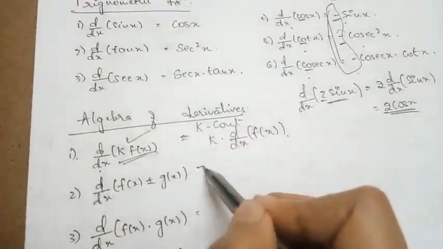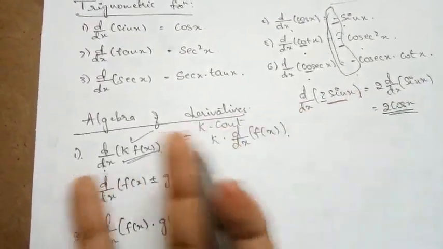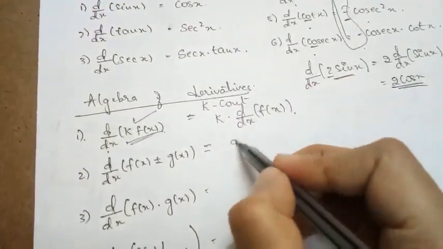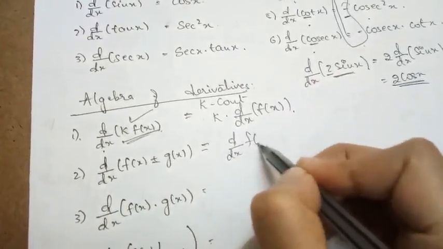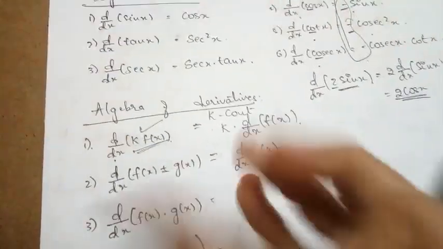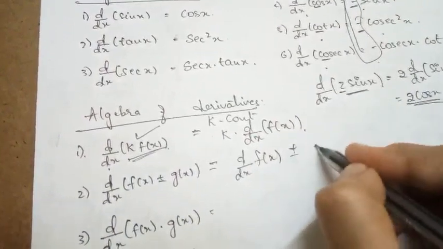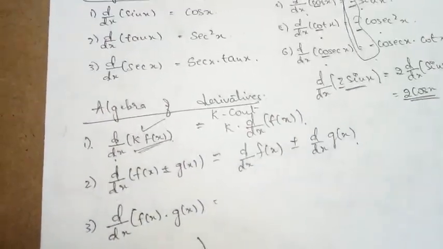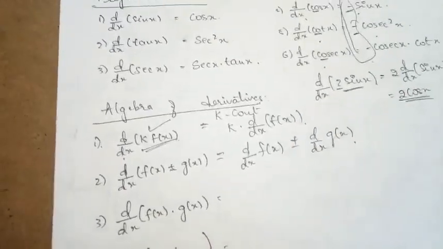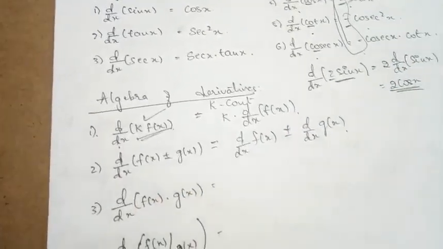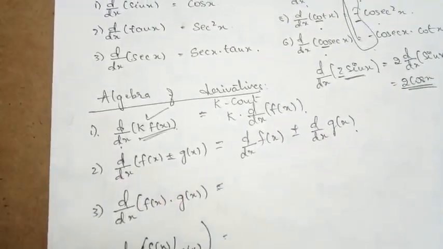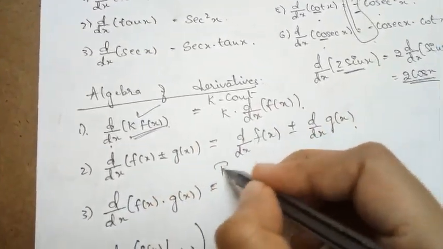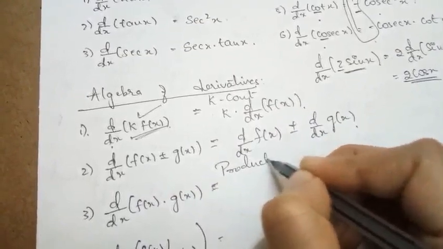Then later we came across derivatives of the sum or difference of any two functions. That is nothing but d by dx of f of x plus or minus g of x, differentiated by splitting it. If it is addition, then plus; if it is subtraction, then minus. This is how we split up and find the derivatives. When it is a product, it does not go along with this one. When it is a product, we have come across the product rule.